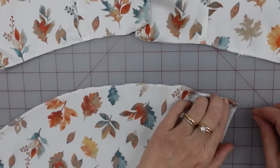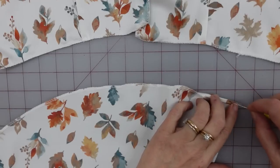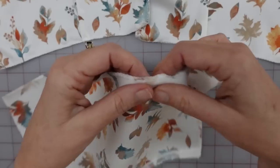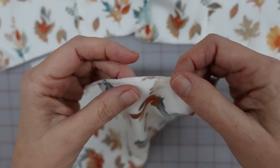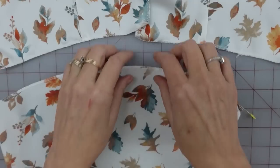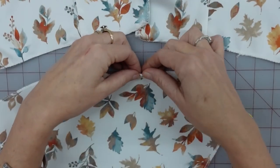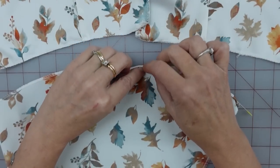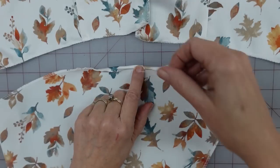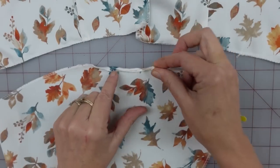Even though I'm encasing this serging, it actually helps me to have it on there because it gives kind of a definition and a place where the fold is going to come more easily because of that stitch. More easily, is that even a word? Anyhow, what I'm doing is I'm just folding it up just past the serging and then folding it over one more time, which is going to give me the same size hem as the front,